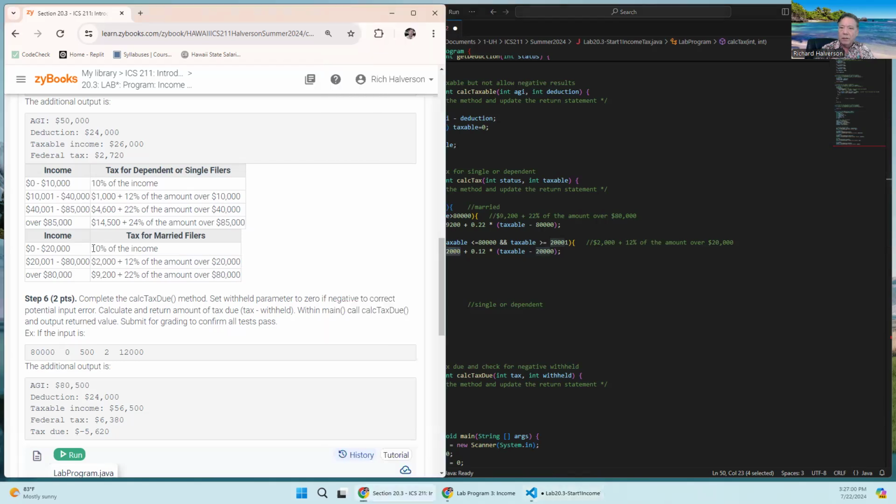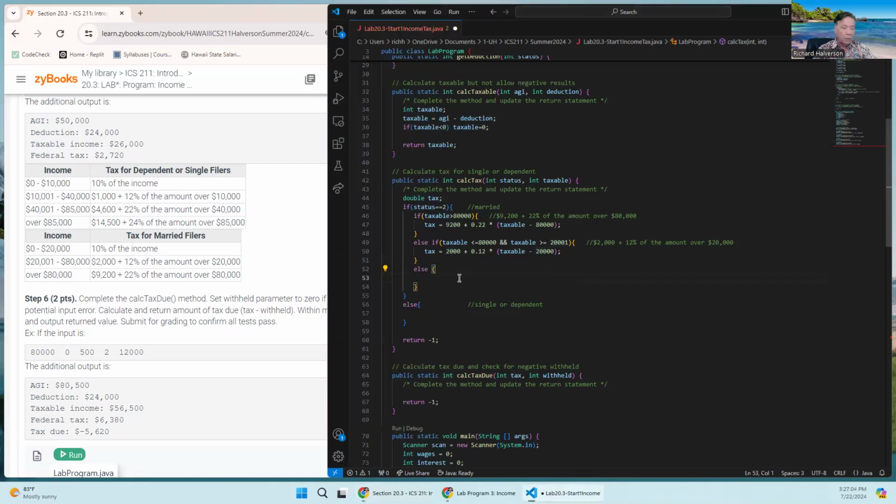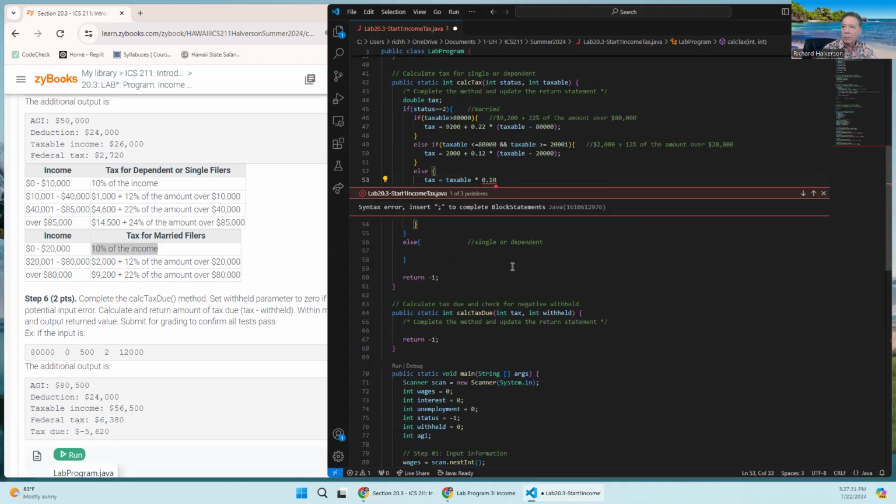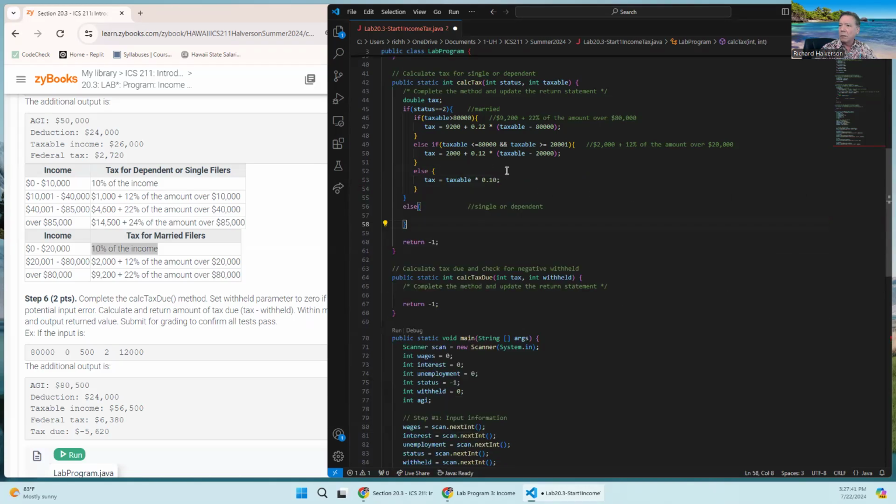And the last one here is just 10% of my income. So that's just going to be tax equals taxable times, oh, okay, I guess this. I was going to do this. Okay, so